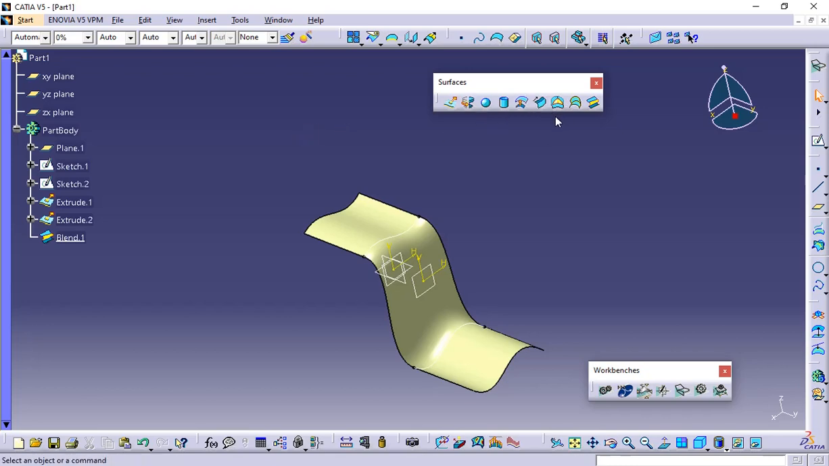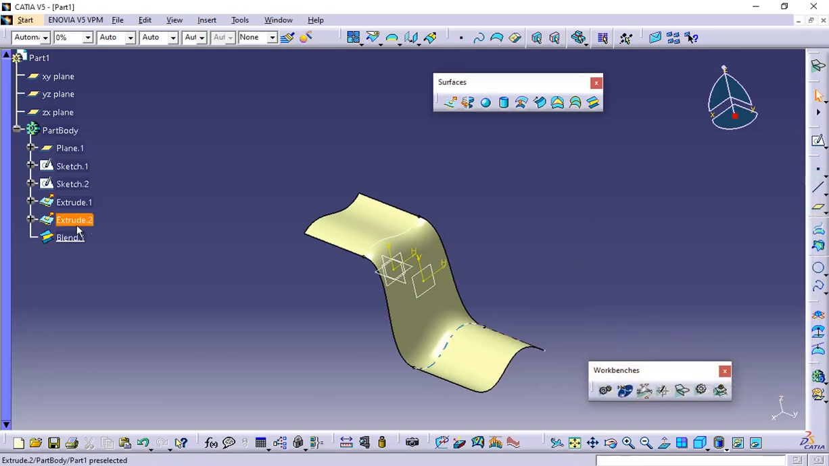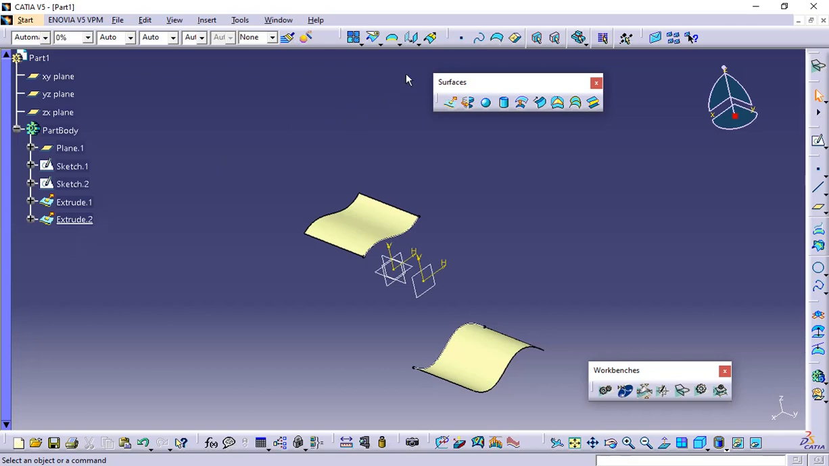So let's try once again. Select this joining option and the elements to join. Select this. Actually they should be selected individually. I think we have used different options. So first delete this blend option here and create the blend again